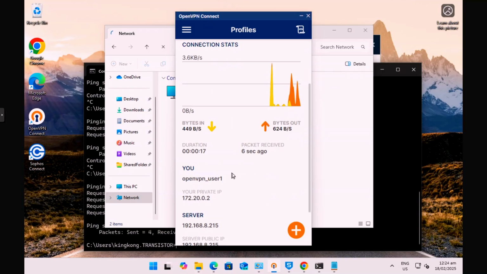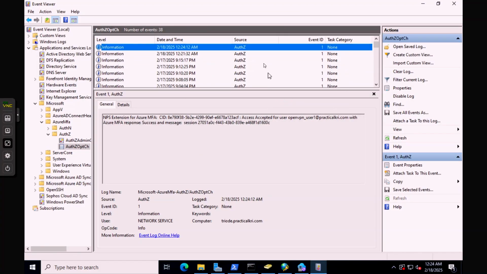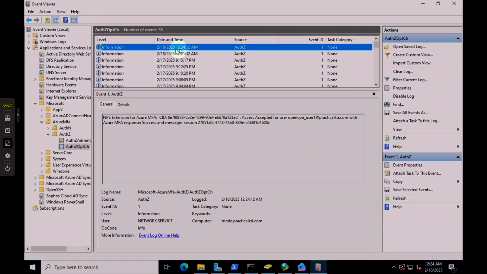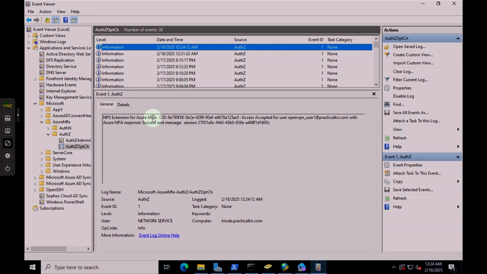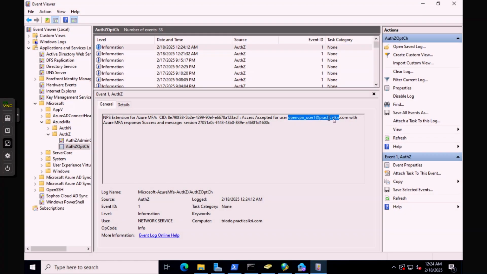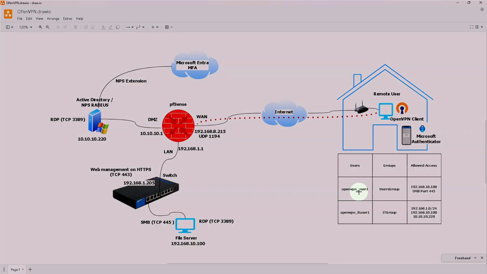We got connected. Back at the server's event viewer, right-click and refresh to display newer entries. We have a recent entry here at 12:24. This event is indeed the NPS extension for Azure MFA, and access was accepted for user OpenVPN_user1. We are done setting up this user OpenVPN_user1. Now we'll set up user